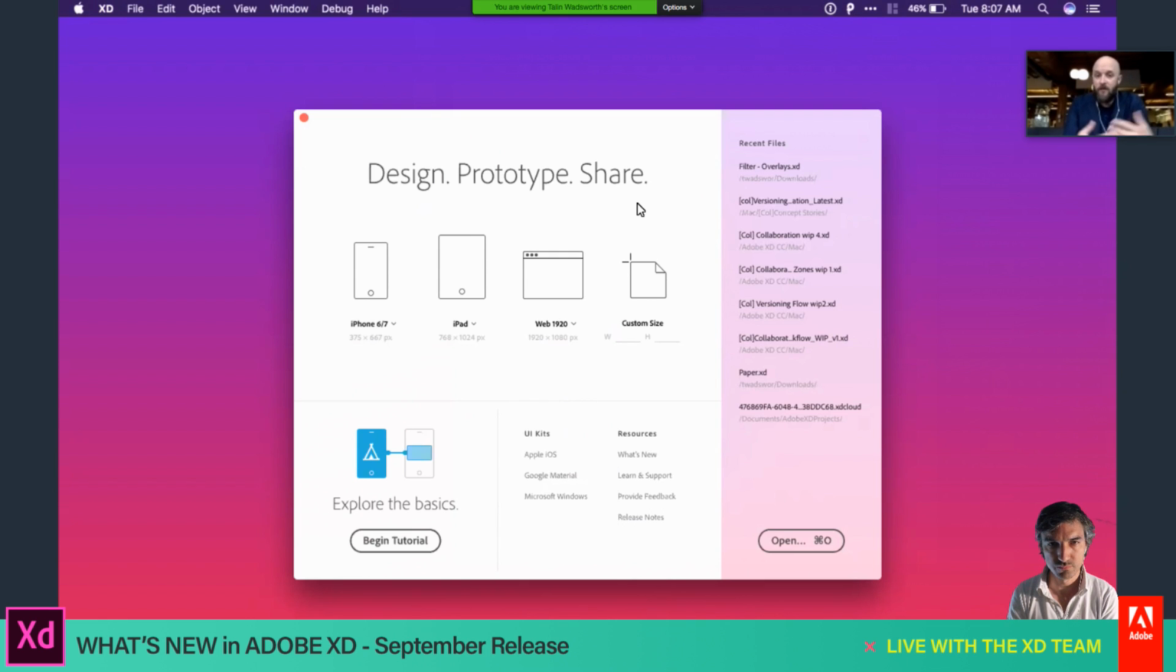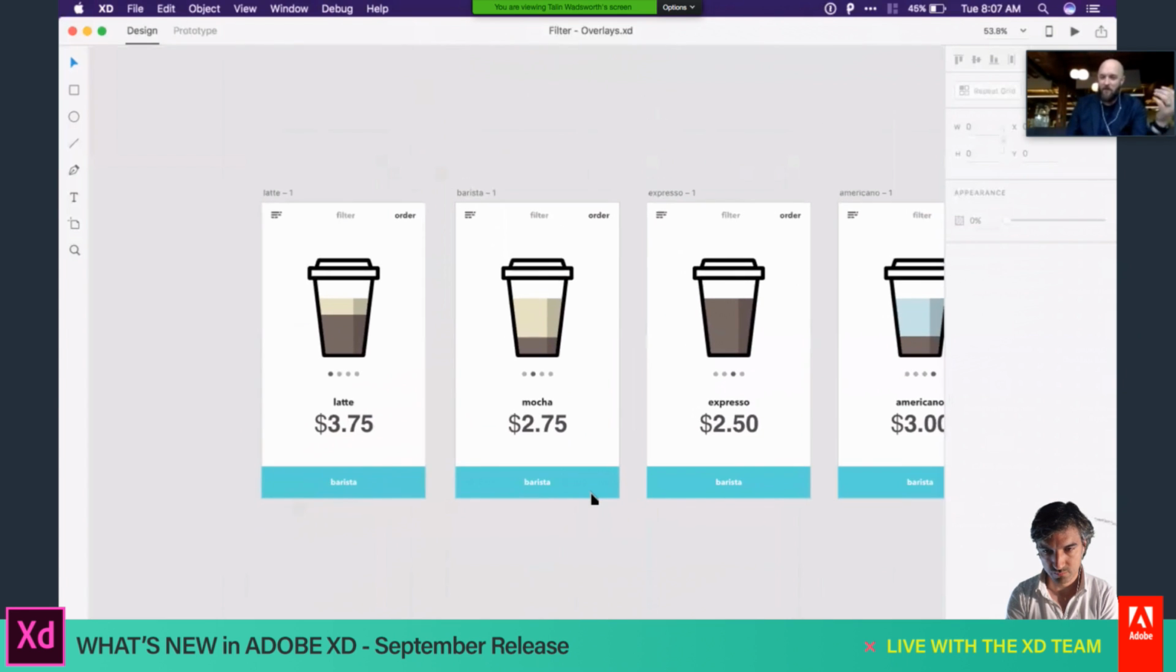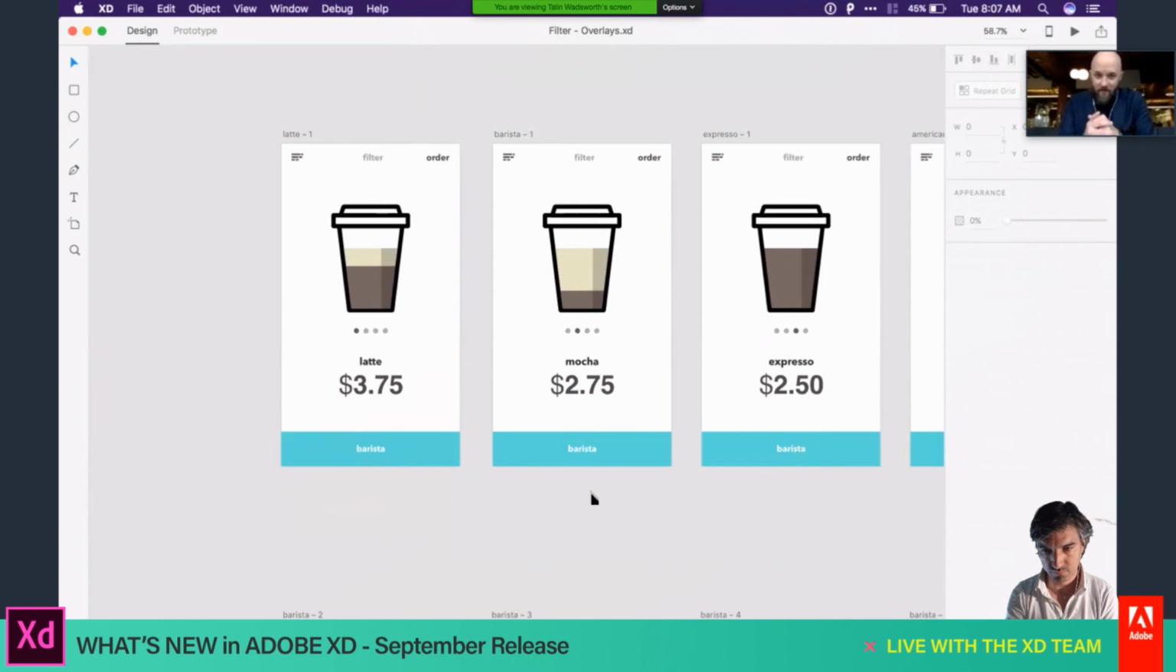And so we really wanted to build a tool that was focused on building those interactive prototypes. So you could have all the great design tools at your fingertips to make beautiful app designs like this. Like here we have a little app. San Francisco is a big coffee scene, so here we have a coffee app that we've been designing,